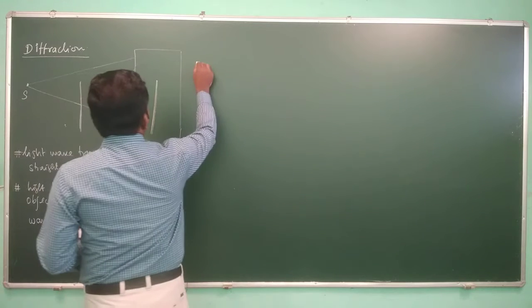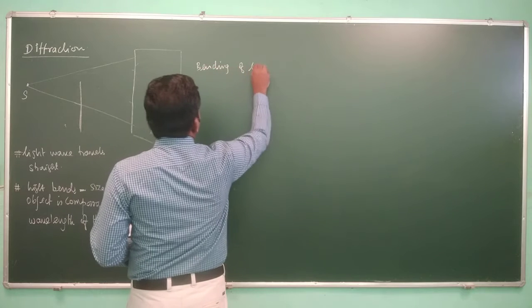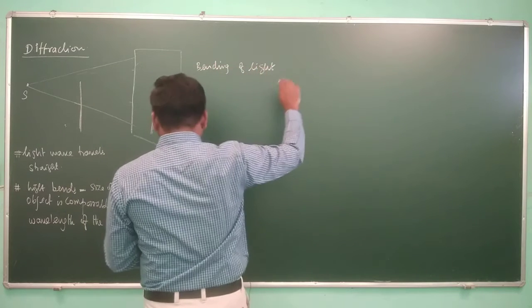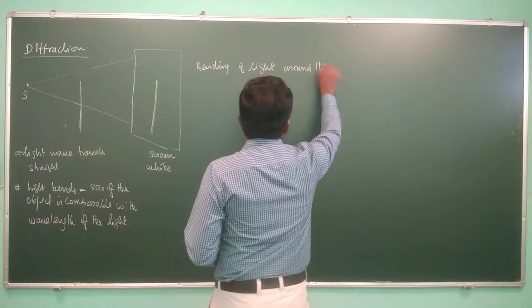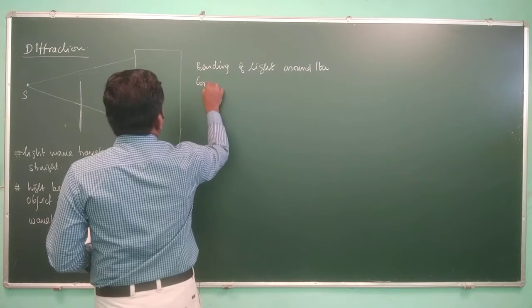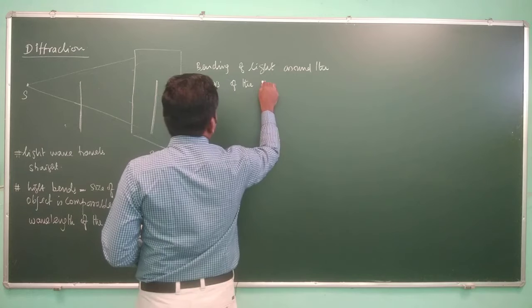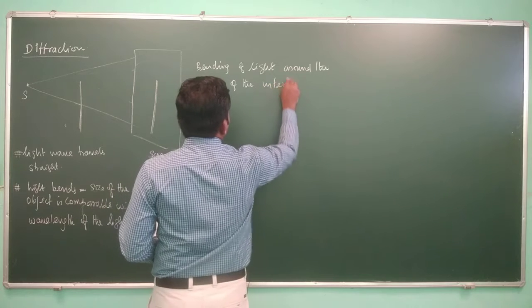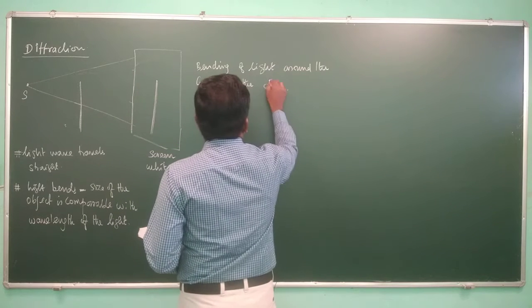So what is diffraction? Diffraction is the bending of light around the corners of the object